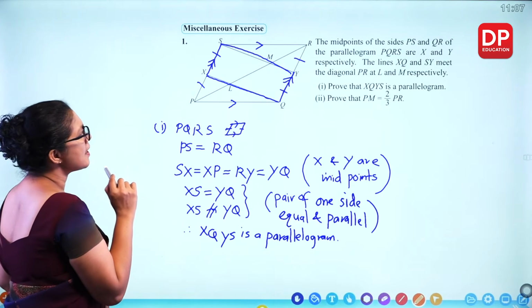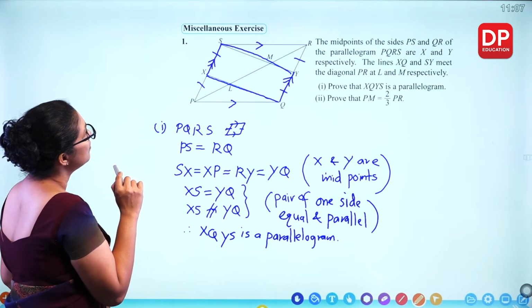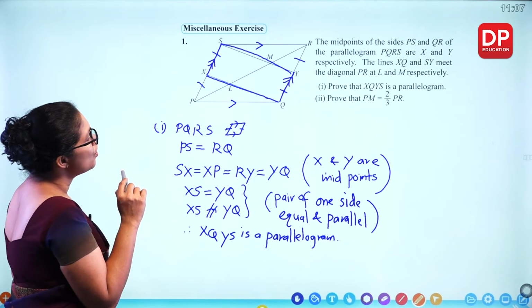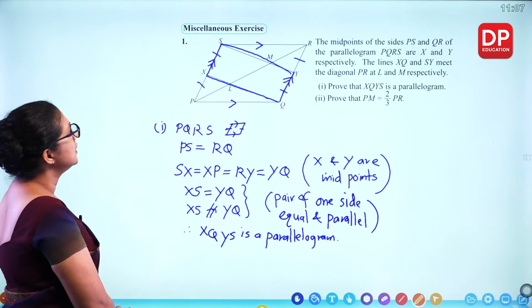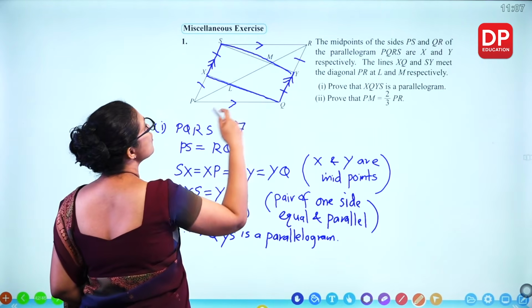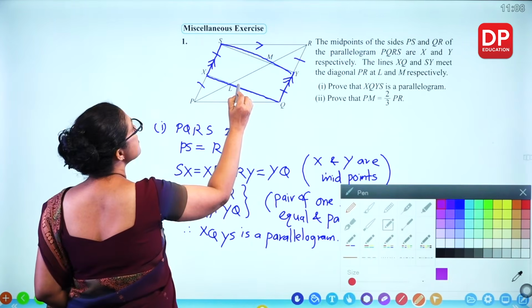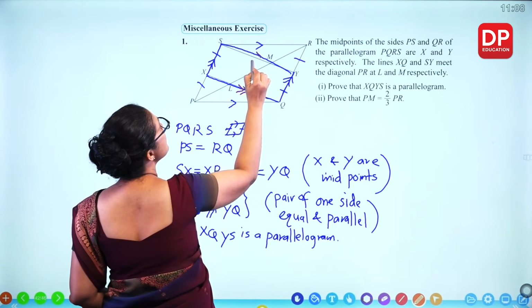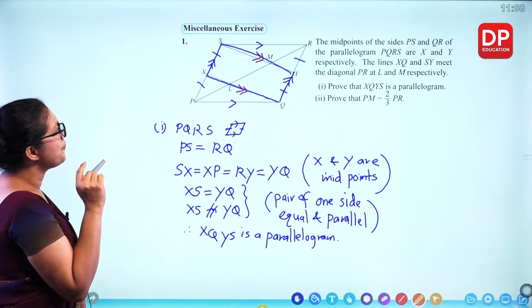That's first part. Second part, prove that PM is equal to 2/3 of PR. Now look at carefully. Now this is a parallelogram. So what we can say about these two lines, this is also parallel. These two sides are parallel. Now we'll take